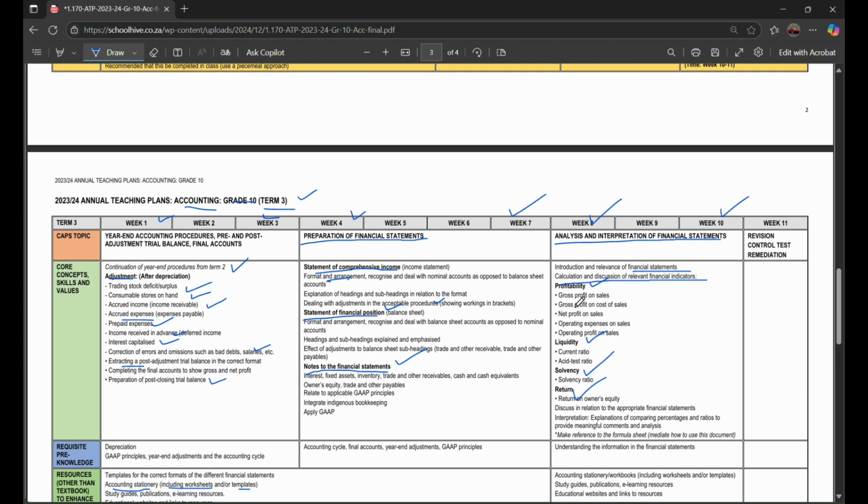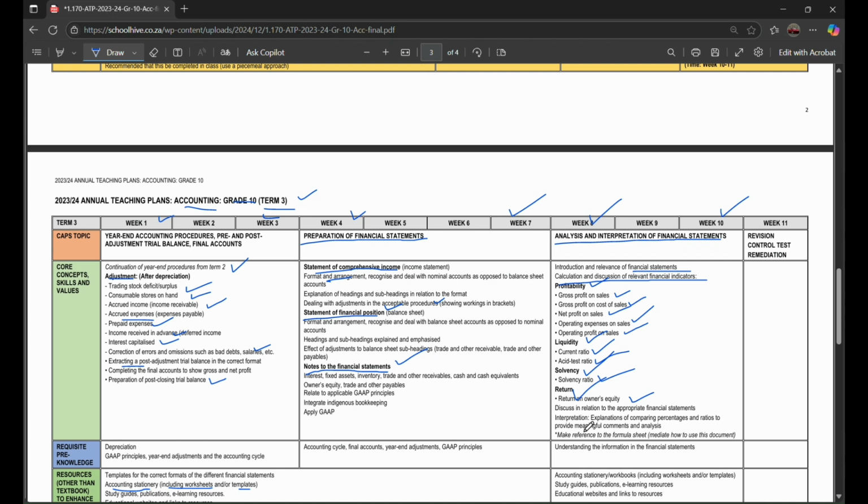Within profitability, there'll be gross profit on sales, gross profit on cost of sales, net profit on sales, operating expenses on sales, operating profit on sales. Liquidity: you're going to learn about current ratio, acid test ratio. Within solvency, you'll learn about the solvency ratio, and within return, owner's equity is what you're going to learn. Discuss in relation to the appropriate financial statements, interpretation, explanation of comparing percentages and ratios to provide meaningful comments